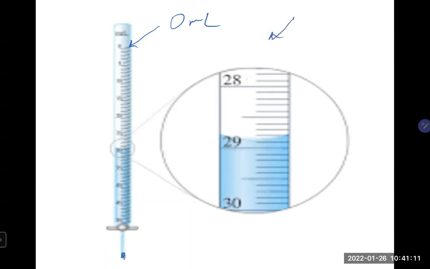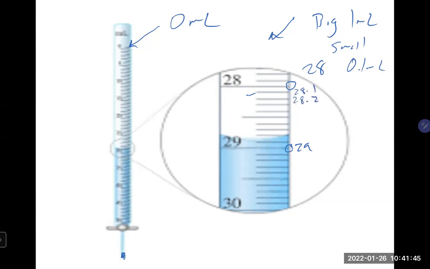Typically, when we use a burette, it's usually a couple decimal places that you give the answer to. The reason for that is we can look here again. This is 28. That is obviously 29, which means the biggest markings here are 1 milliliter. Our smallest markings, if we count starting here, are 10 markings going down to the 29. So the smallest markings represent 0.1 milliliters, which means right here would be 28.1,